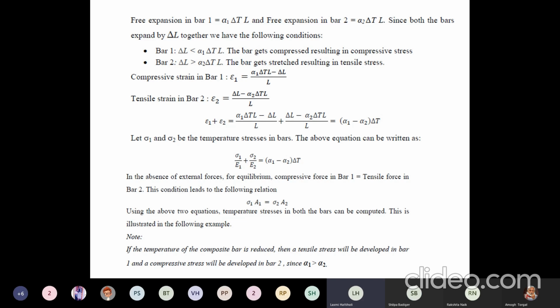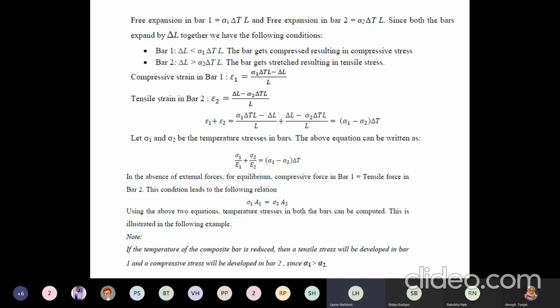Right? See, in some of the equations, maybe that alpha 1 is smaller compared to alpha 2. Then what you will do? Alpha 2 minus alpha 1. Don't take any negative signs here. Suppose in your numerical example, if alpha 1 is greater than alpha 2, take it as alpha 1 minus alpha 2. If suppose second material alpha 2 is greater than alpha 1, then take it as alpha 2 minus alpha 1. Whichever is given, that you are supposed to take.